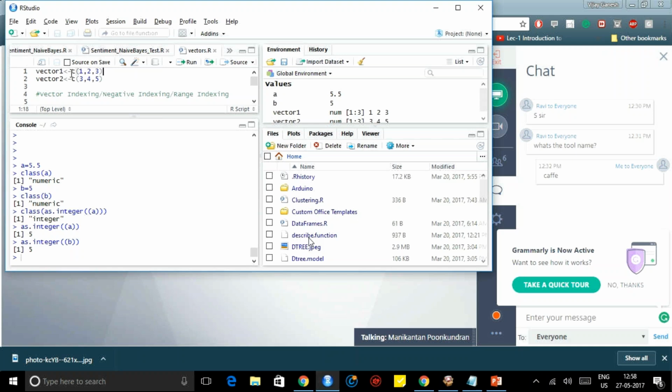How we do that is using this syntax. If you want to declare and initialize a vector, we do this: vector1 equal to c of 1, 2, 3. C stands for combine. Inside c you can pass 1, 2, 3. If you want to type that much, you can even type comma 100. It is infinitely overloaded; you can give as many numbers as you want. Other ways you can declare it is